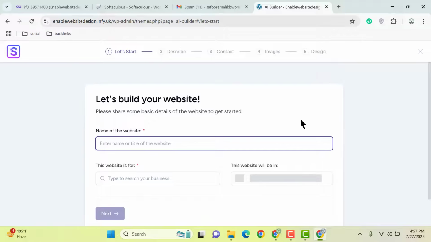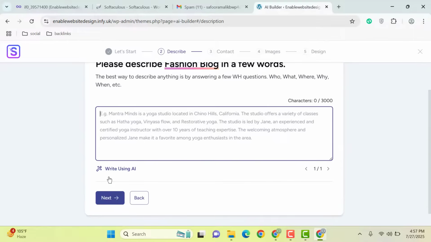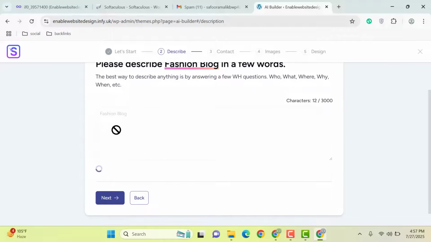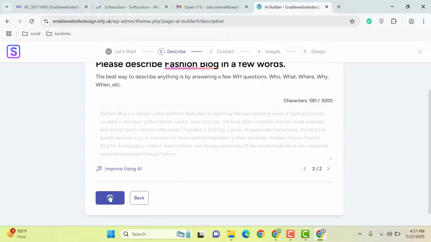and here you can give your website name, for example fashion blog. Then you can select the category. So let me select this one, then click on next button, and again you can type fashion blog. Then you can improve these keywords and you will get complete details. So this one, then click on next button,